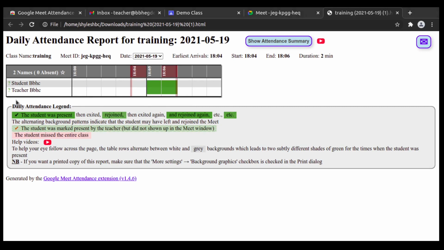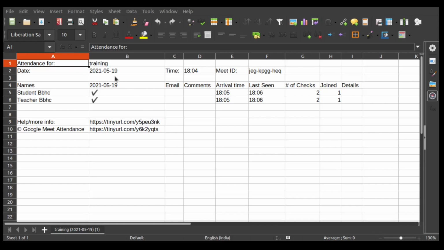In this case, I have only one student. If there are multiple students, then I will get a complete list of students. You can see that the list is with the student name, whether he was present for that particular date, and all other details, right? So it has the same detail which was available